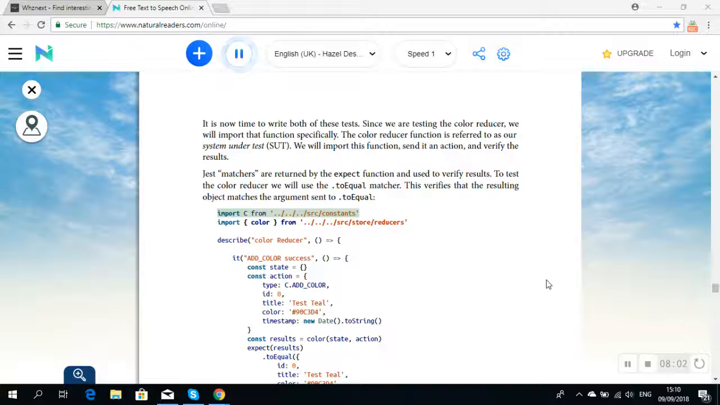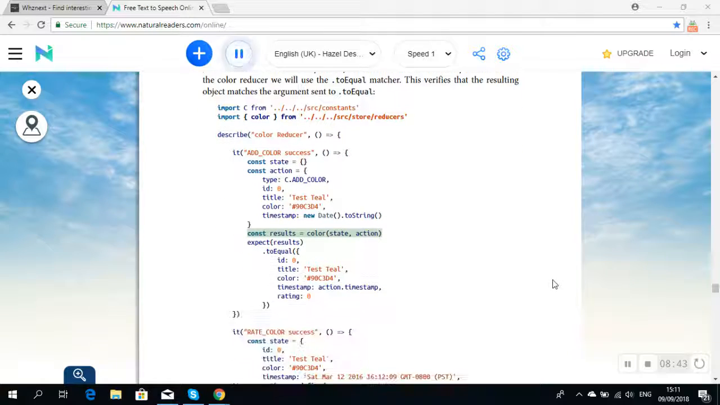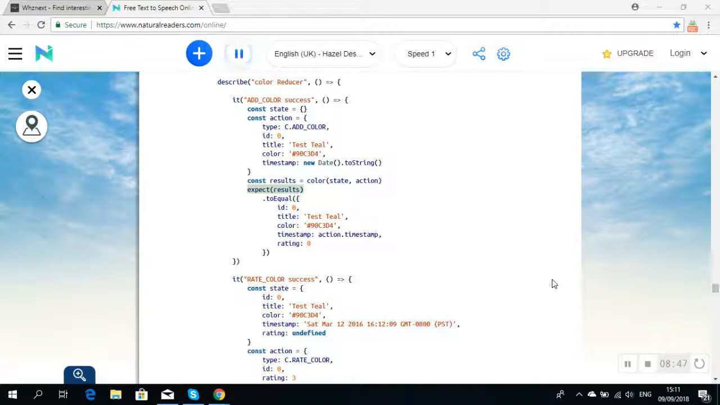import C from '../../src/constants'; import { color } from '../../src/store/reducers'; describe('color reducer', ...) it('add color success', ...) { const state = {}; const action = { type: C.ADD_COLOR, id: 0, title: 'test teal', color: '#90C3D4', timestamp: new Date().toString() }; const results = color(state, action); expect(results).toEqual({ id: 0, title: 'test teal', color: '#90C3D4', timestamp: action.timestamp, rating: 0 })